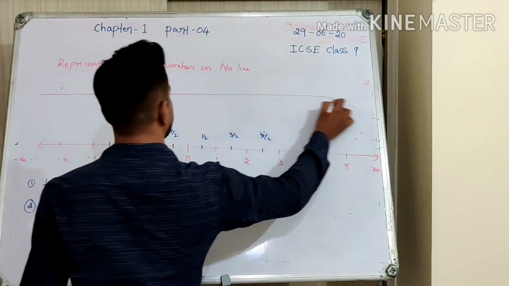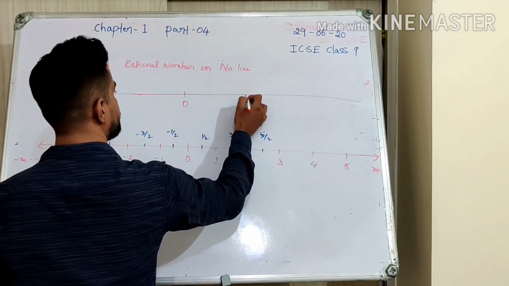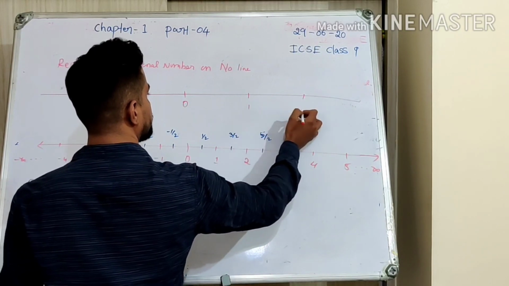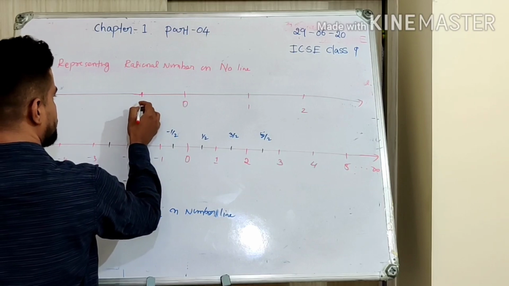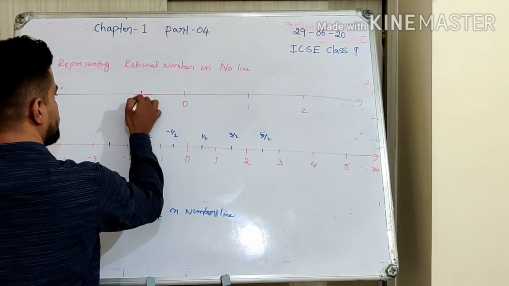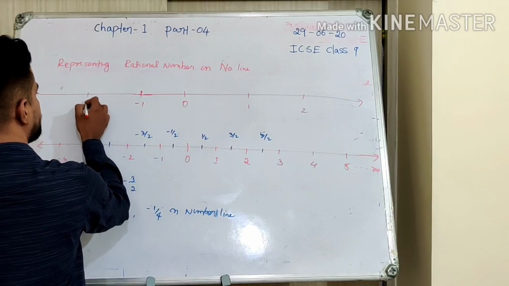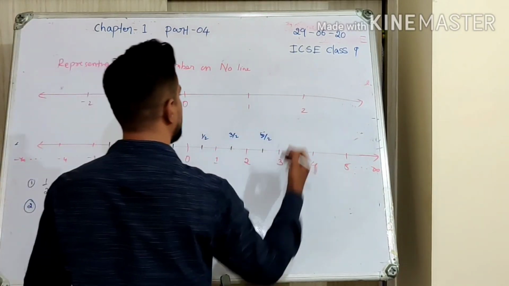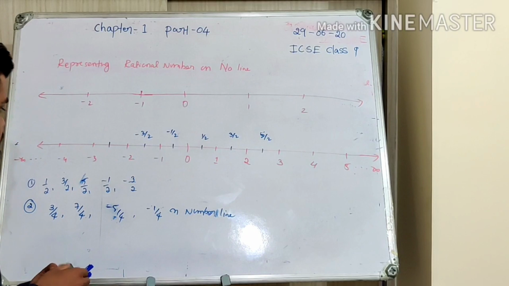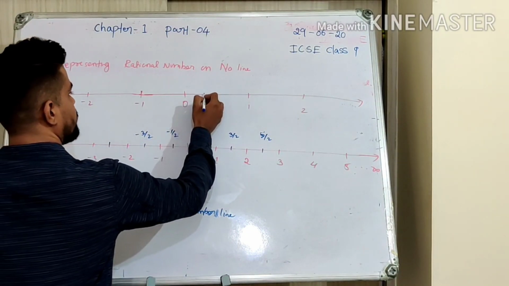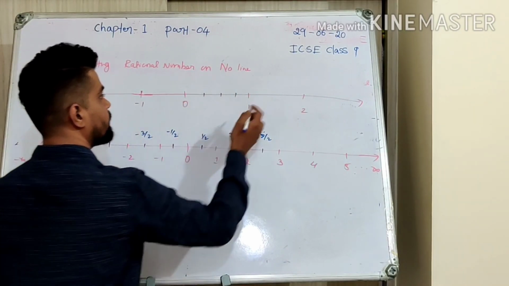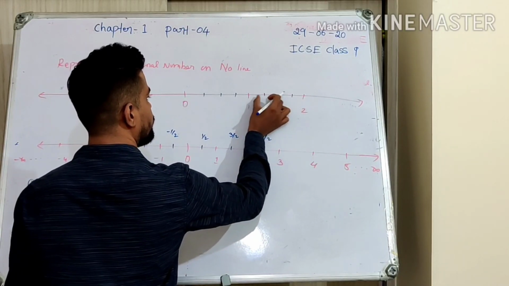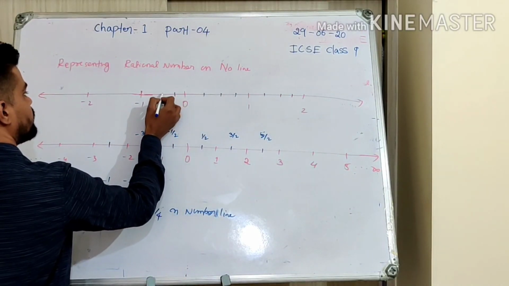Let me write this. Here 0, 1, 2. So you can make this convenient. You can fix a proper scale and decide what the distance is equal to. Okay, minus 1, minus 2. So I'm making it a little bigger because I need to make 4 parts here. So exactly I need to divide them into 4 parts. 1, 2, 3, 4. Here also we need to equally divide them.